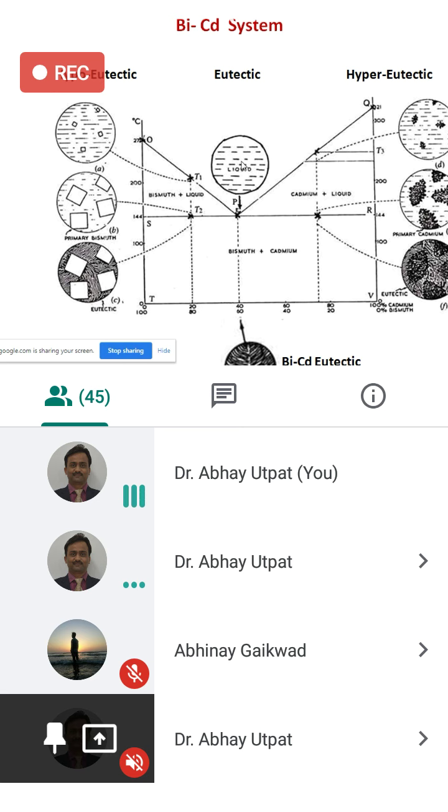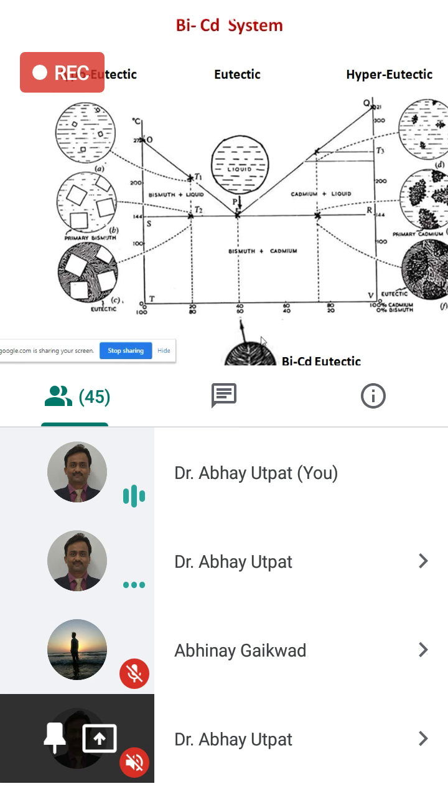So percentage of bismuth is left hand side, cadmium is, sorry, cadmium is right hand side. 40% cadmium. I am taking the cursor near to that. See here, 40, 60. 60% bismuth and 40% cadmium. If you take this combination, put it in a crucible, if you melt, you'll get liquid. But if you solidify it, you'll get this combination. There is no pure bismuth rich or cadmium rich.